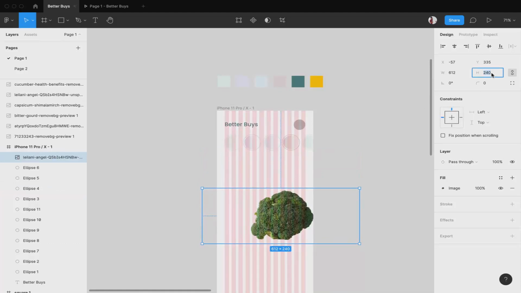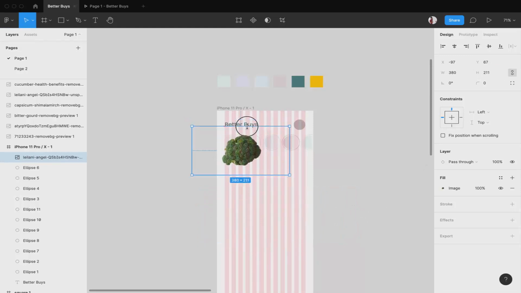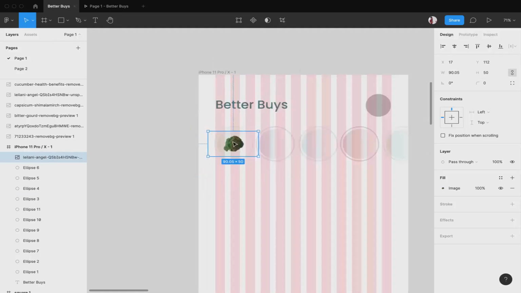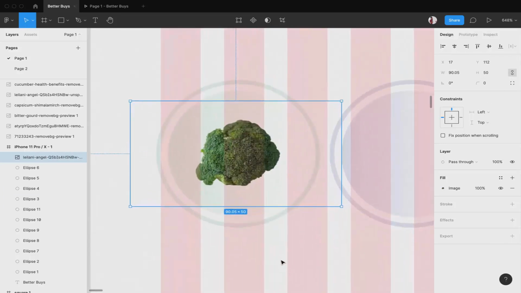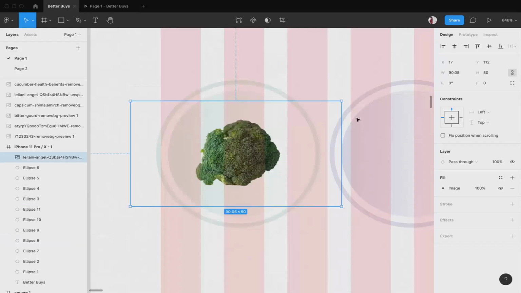Okay, and I'll make it a little bit small as well. So now I'll bring it over here and see how things are. Let's make the height 50. Okay, it has completely left the screen. And now if I put it here, how does it look? Okay, it looks better, but maybe I'll make it a little bit smaller.